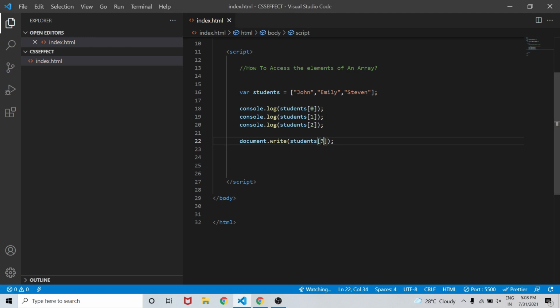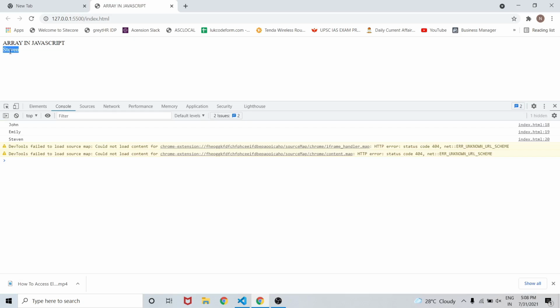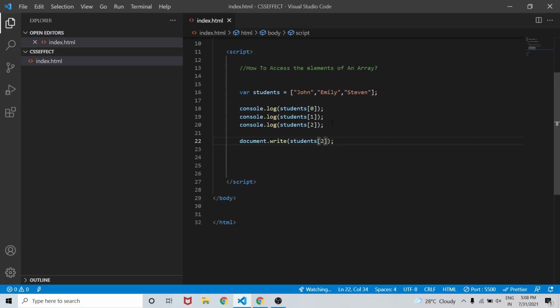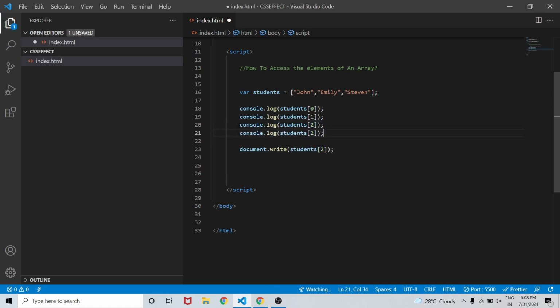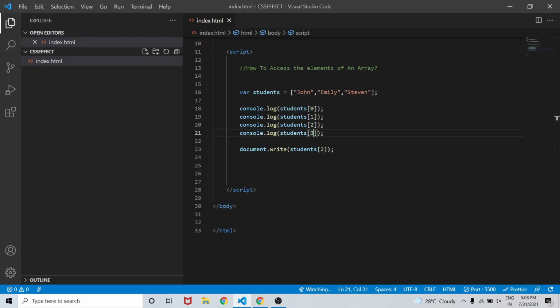And if I try some more changes, students at 2, this is Stephen. Now if I try to console.log index 3, because our index 3 is not present, it will give us undefined. So this is how we can access the elements of an array.